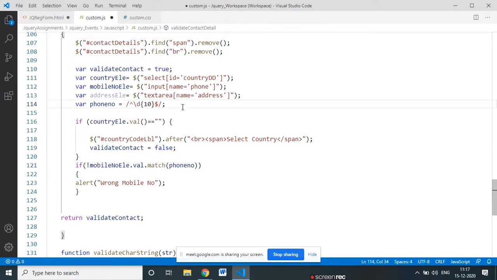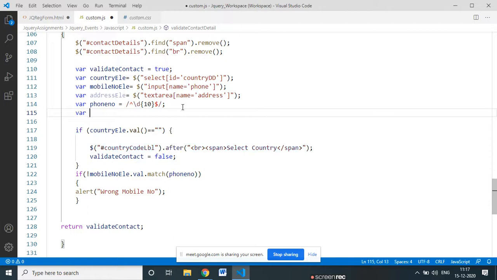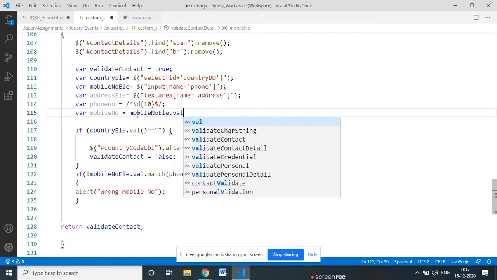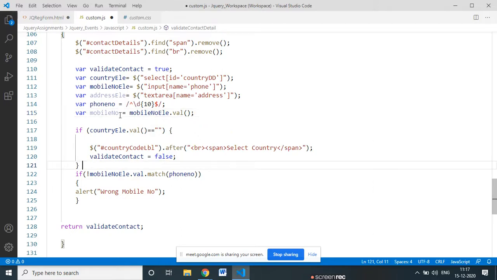Okay, and we can create one variable, mobile number, and mobile number element dot val. Okay, it will use the mobile number which is entered, and here no need to put val now. I directly say match and do this operation here.